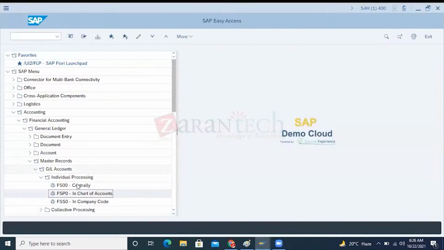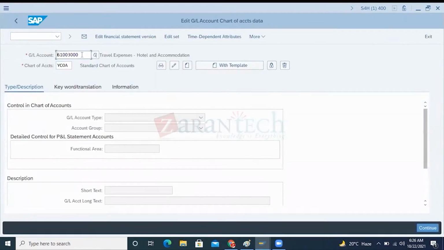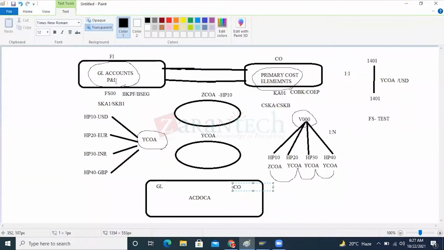whenever you're creating any GL accounts, earlier we categorized the GL accounts into FI and CO. In SAP ECC, I'm talking. In FI, we call them GL accounts, and in controlling, we create them as the primary cost elements, because the data structure was different earlier: BKPF and BSEG, and COEP and COBK. So earlier we created the financial statement only at the FI level, not from the controlling level,